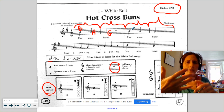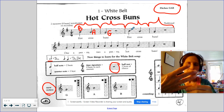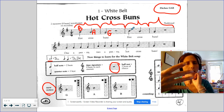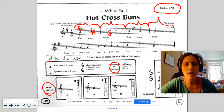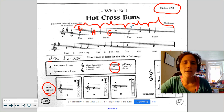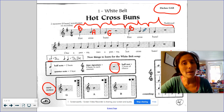That first note, it looks like it's on a line, right? Every good boy does fine on a line. Every good boy. It's on the third line, B. The next pitch is just one step lower from B. It's on the second space, so it must be an